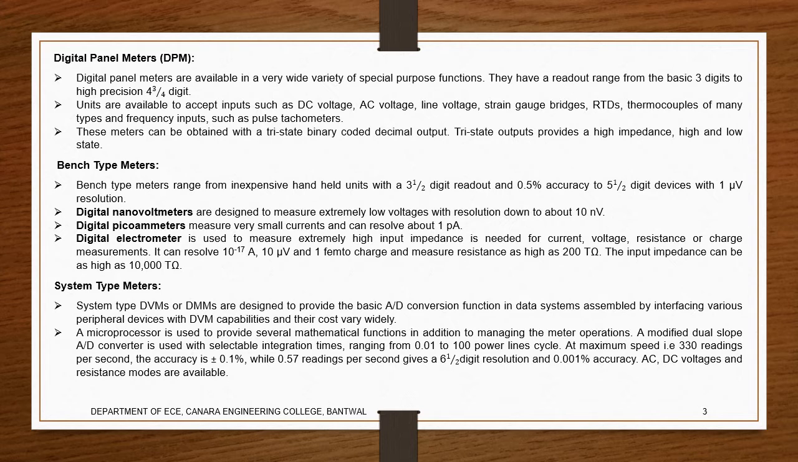As I said, these are usually used in a system with the help of a microprocessor. They usually provide this. So we need to consider some of the factors in this one. Okay. Next,